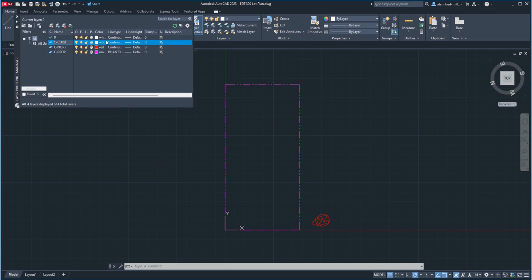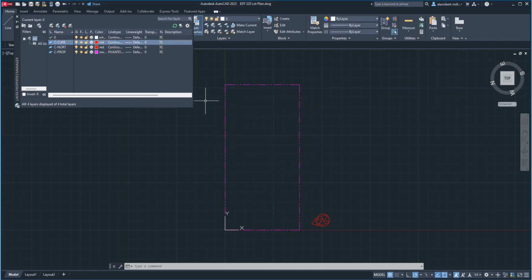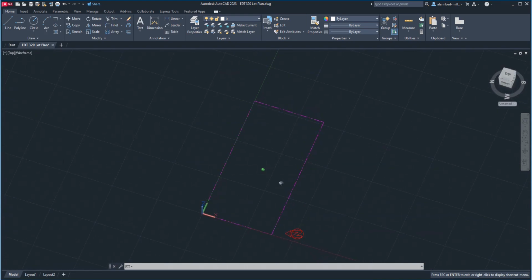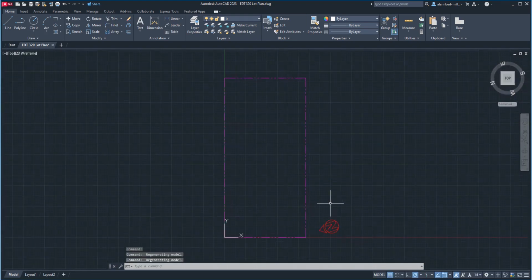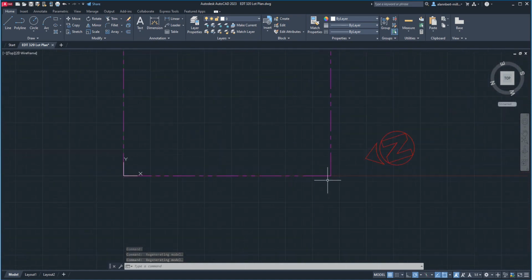And we want this line to be red, so it's thin when we print that. Because we didn't do a real site visit, we don't really know what the width of that sidewalk is. So we're going to just do a guesstimate, and we'll just do 5 feet of sidewalk and 5 feet